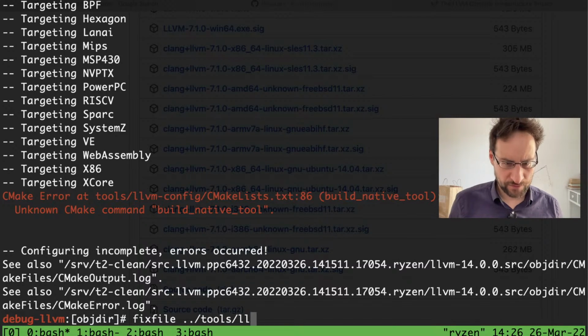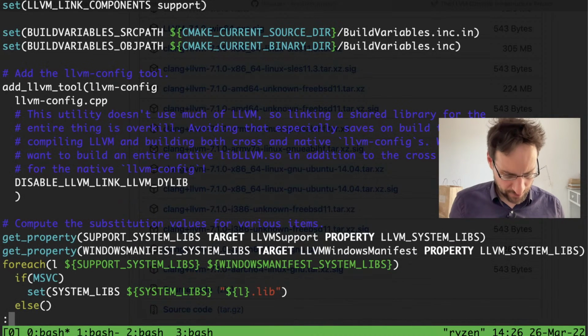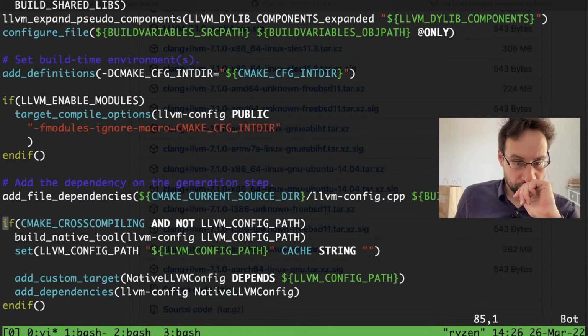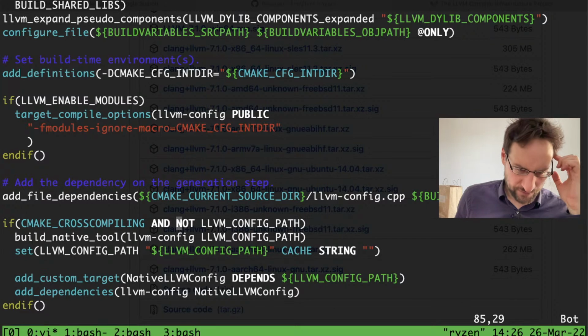Tools, LLVM config, x86. Okay, it wants an LLVM config path. Interesting.